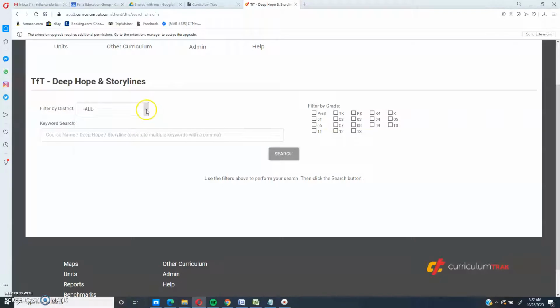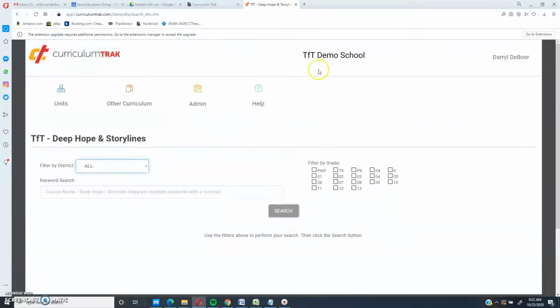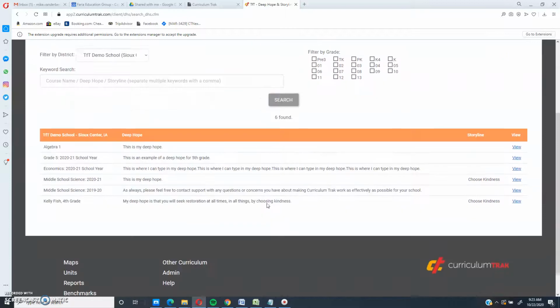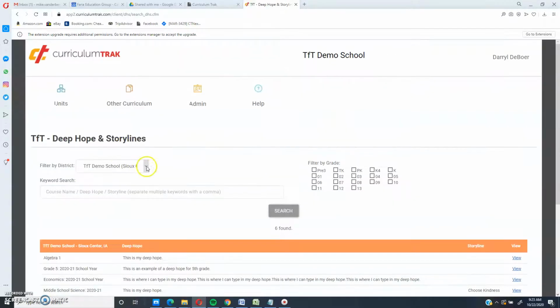I wanted to, if I knew of a particular school, so maybe I just want to look at all those within my school. So I can do that. I could choose my school, click search, and it'll show the deep hopes within my school. So you can pull a particular school, or you could look at all schools if you wanted to, and just